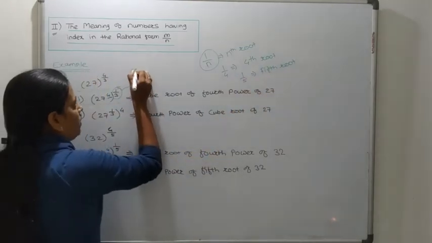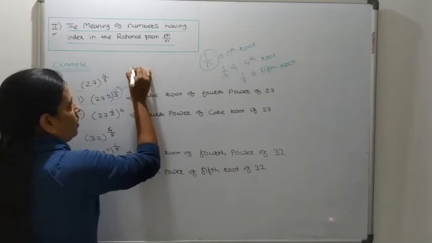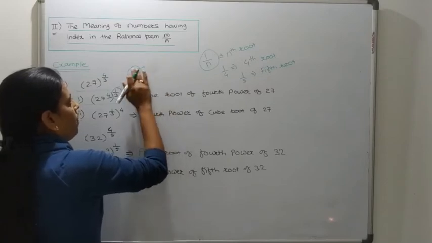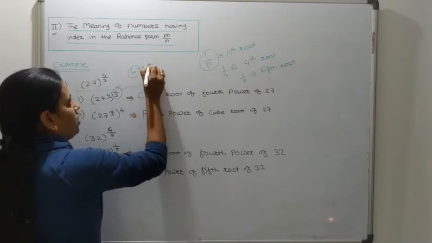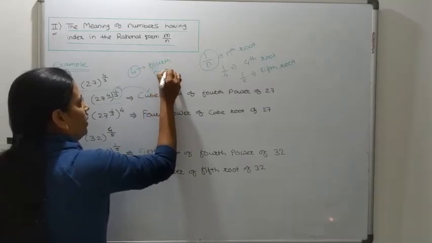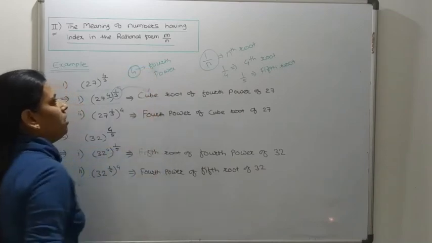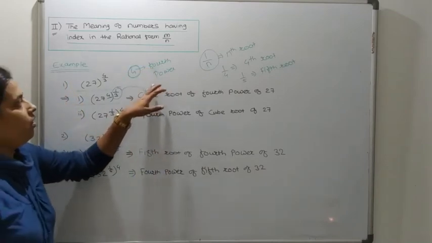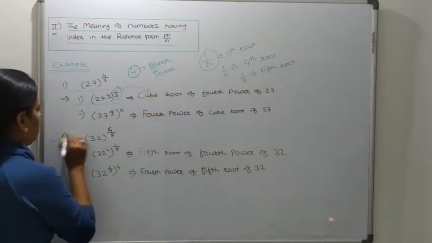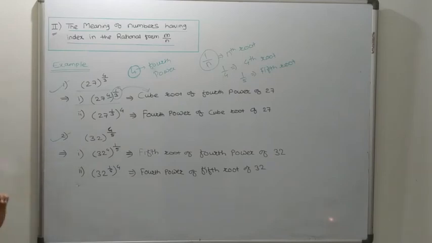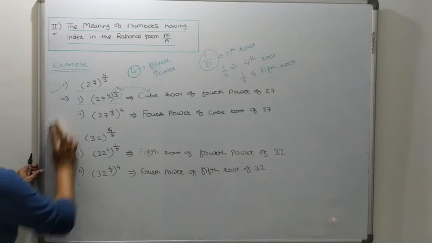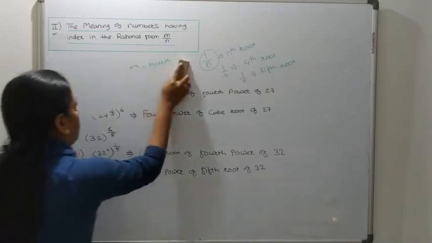And if a number is given without any denominator, suppose this is 4, how to write this? That is the fourth power. That means we use the power as the given number. Clear? Do you understand this up to this point? So similarly we have to solve these two questions. Based on this we have to conclude one property. Which one is the property we will discuss here?